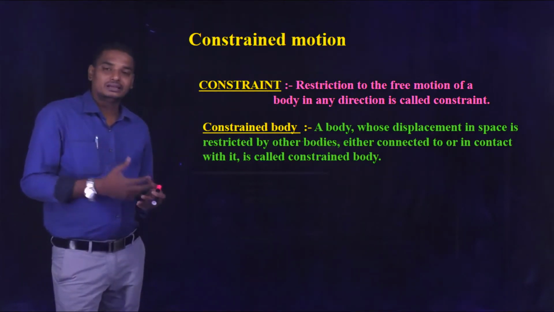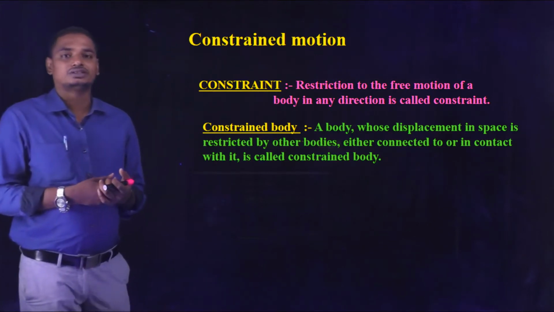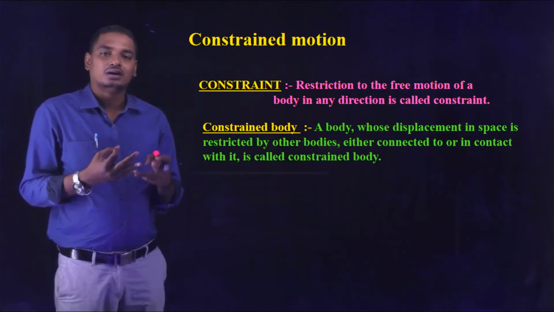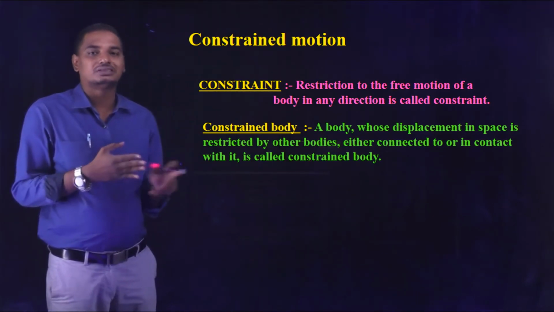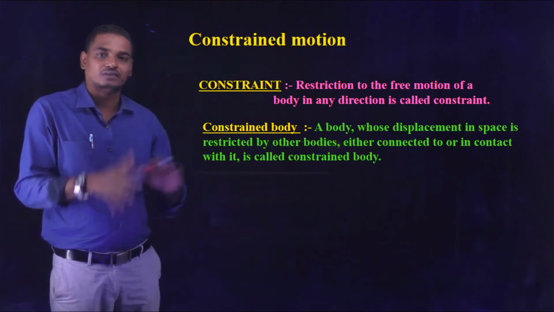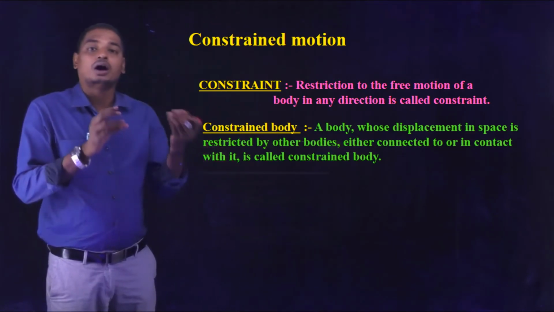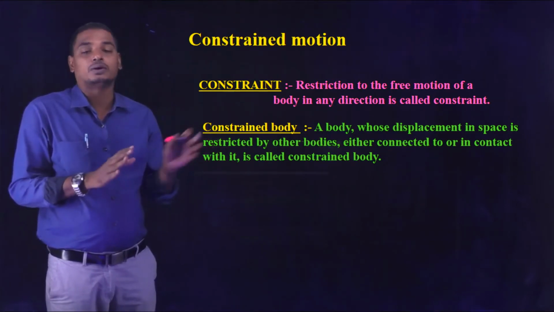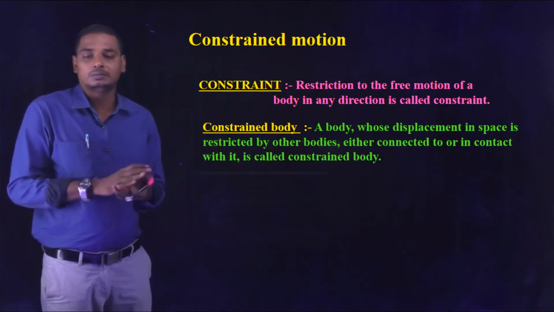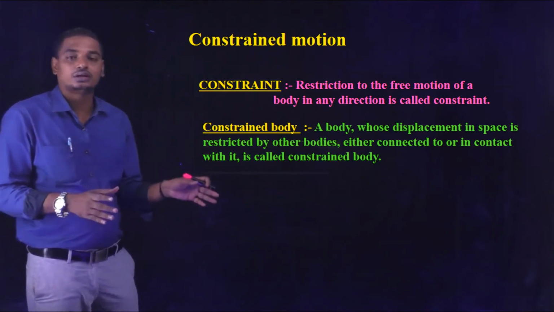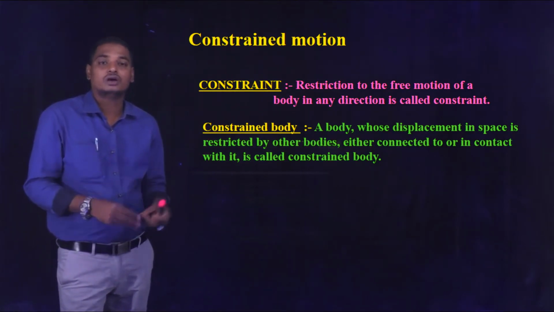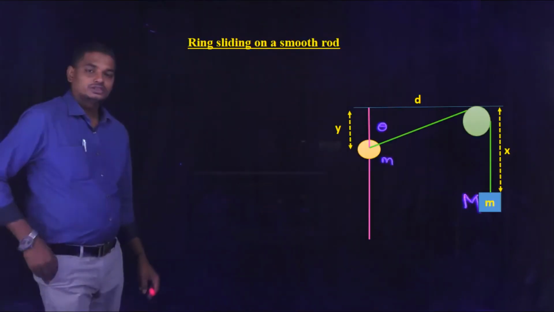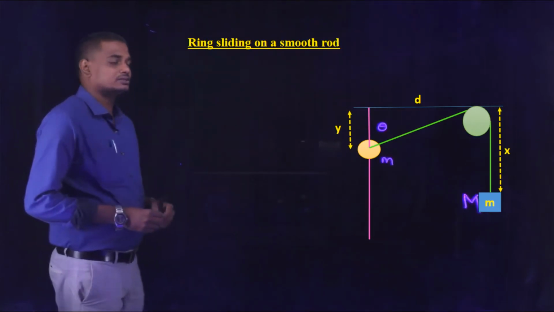Mainly there are 3 to 4 types of constrained motion: general constraints, pulley constraints, wedge constraints, and mixed constraints. The different types are not the problem, but how to solve the problem when constrained motion is involved is very important. There are no shortcut formulas; we just have to solve the problem by seeing it and visualizing the concept.